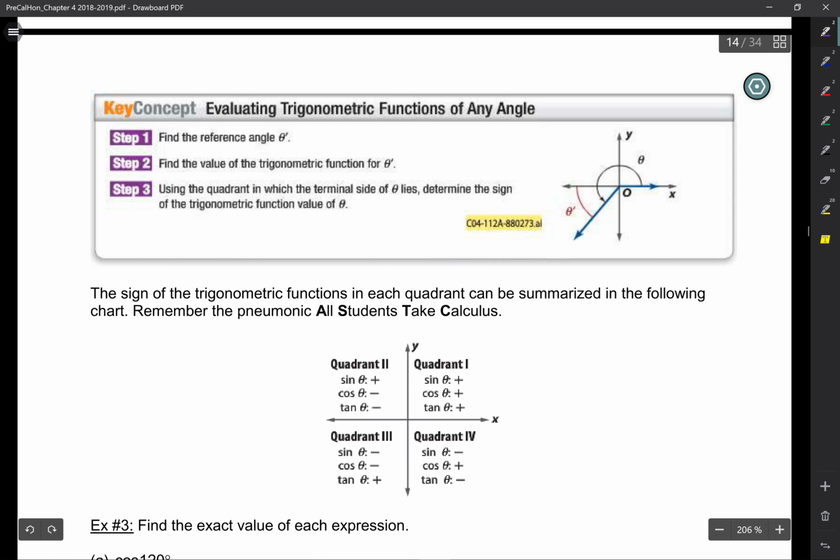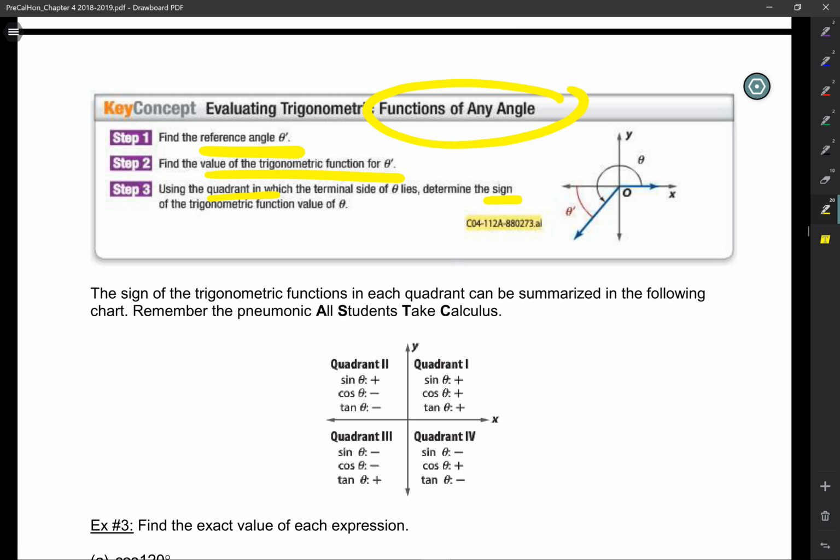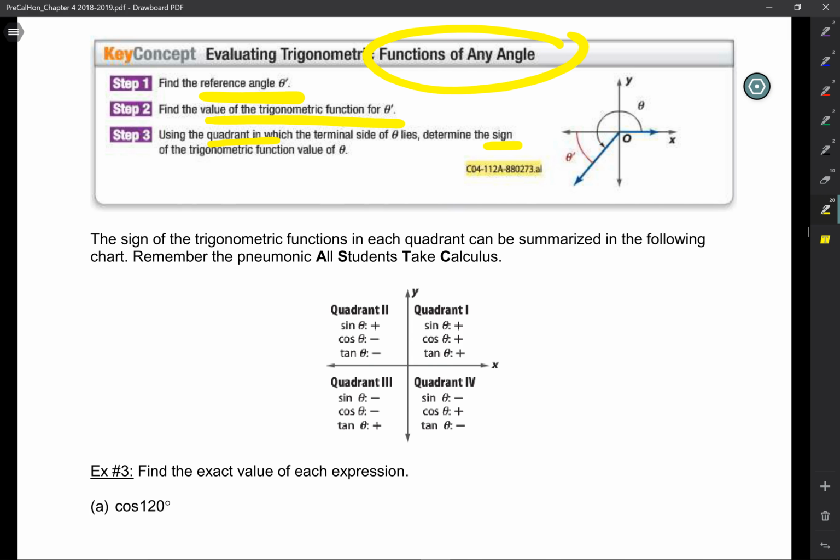Now, we use all this to figure out the trig functions of any angle. Three steps. Find the reference angle. Find the value for the reference angle. And then use the quadrant to determine the sign. If I ruled the world, I would make different sounding words for sign and sine, because it's always confusing. Find the sign. No, find the sign. Okay, so we find the sign of the function